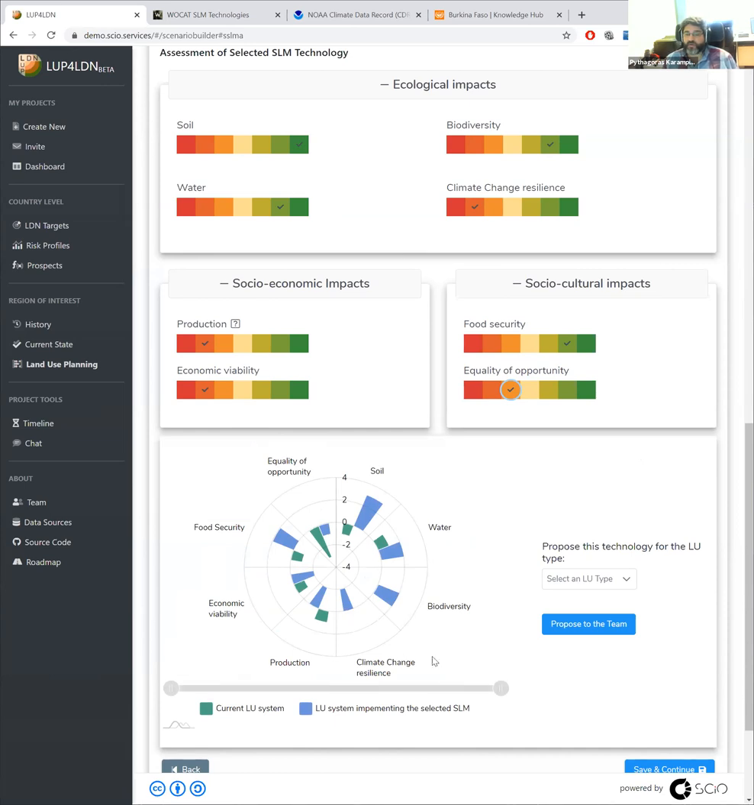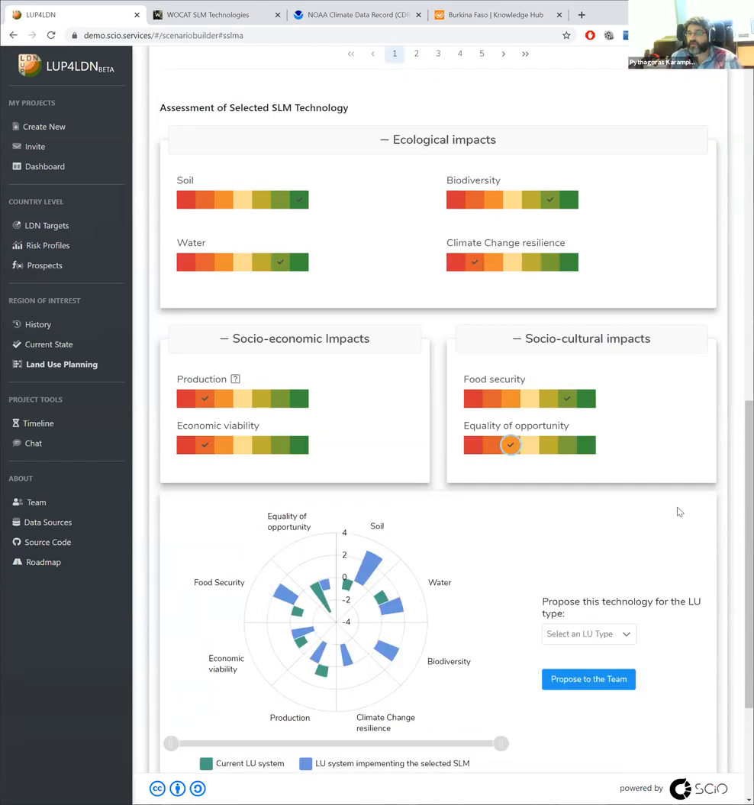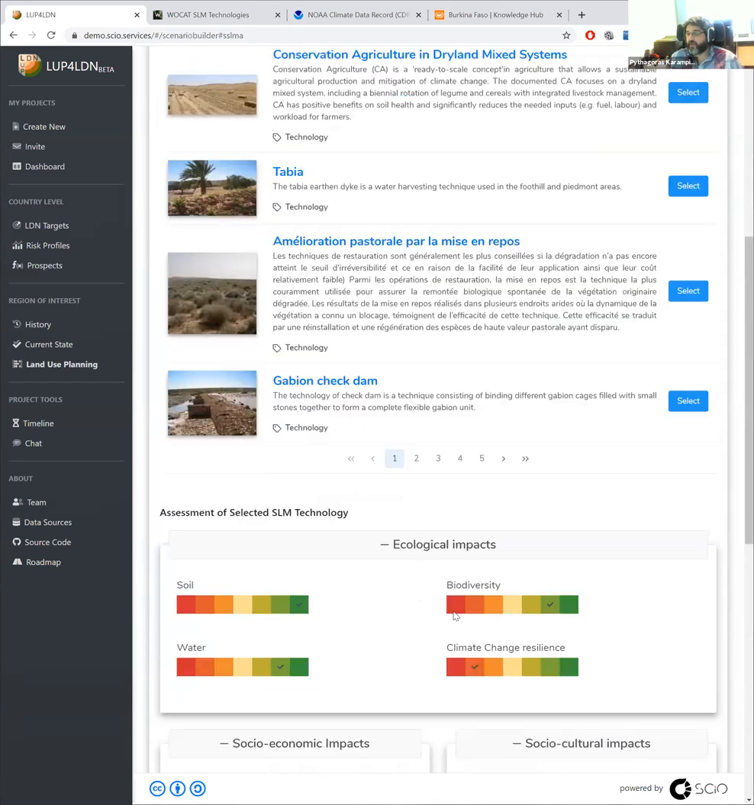The user is always able to compare between the current LU system, as it has been discussed and agreed among the members of the team, and his own assessment before proposing this SLM to the team, on the anticipated impact of the LU system implementing the selected SLM. The list of SLMs presented here,